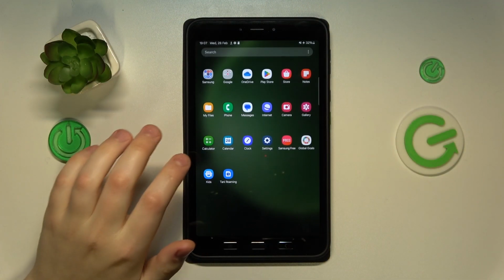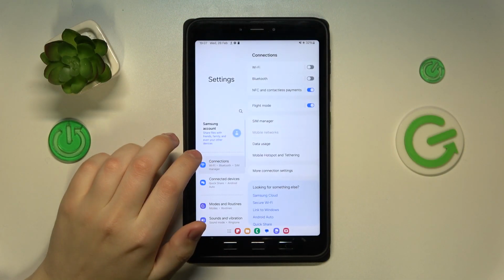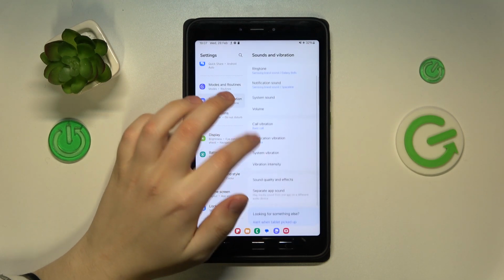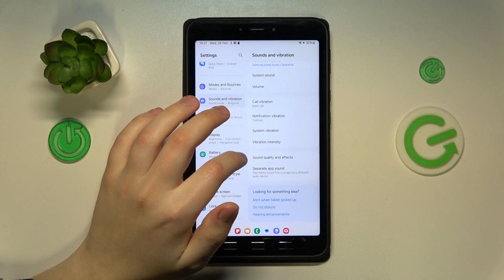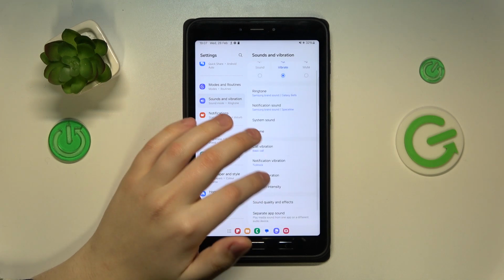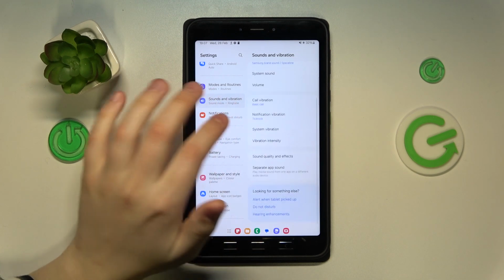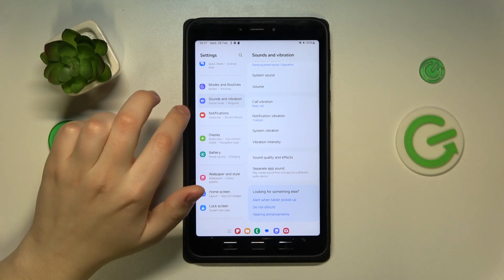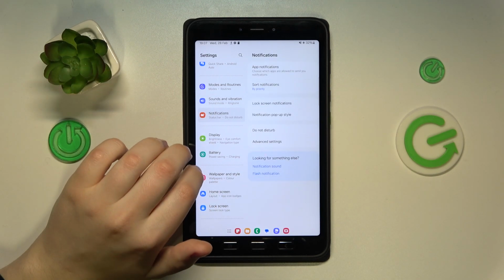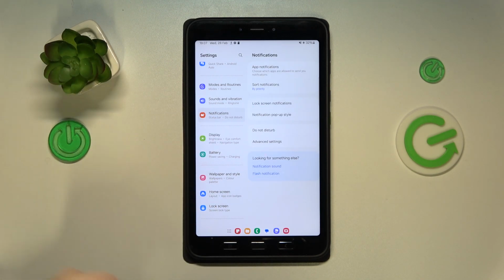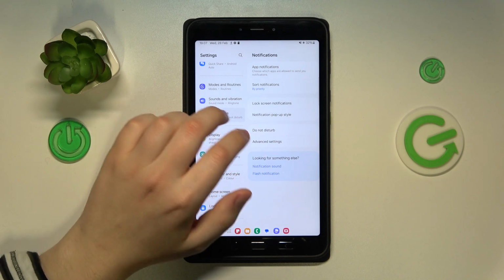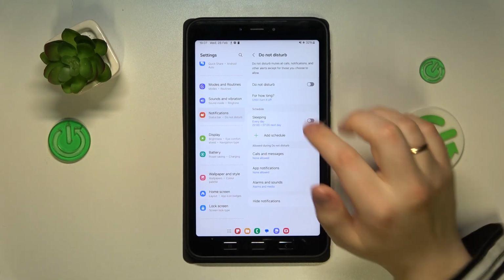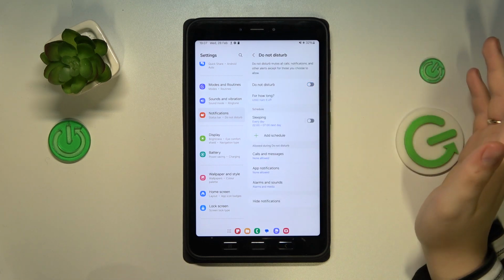So to start, you will need to launch the Settings app. Here find and enter the sound and vibration category. Next, among options that you'll see on this page, look for the Do Not Disturb mode. Or actually, we have it here. Yeah, my bad guys, you will need to enter the notifications category instead of sound and vibration, so excuse me for that blunder. Anyway, enter the Do Not Disturb properties page, and that's how you enable or disable the DND mode